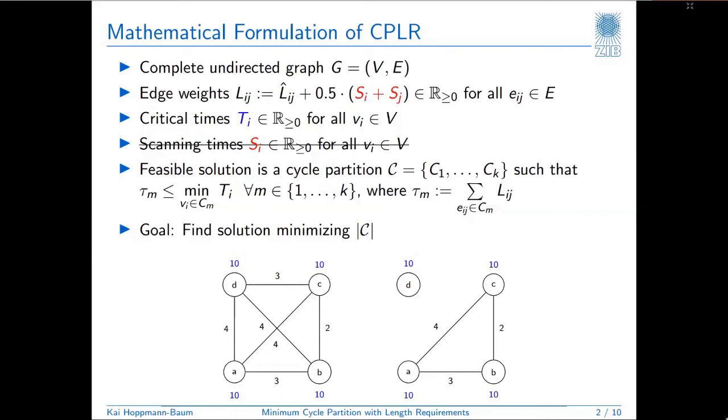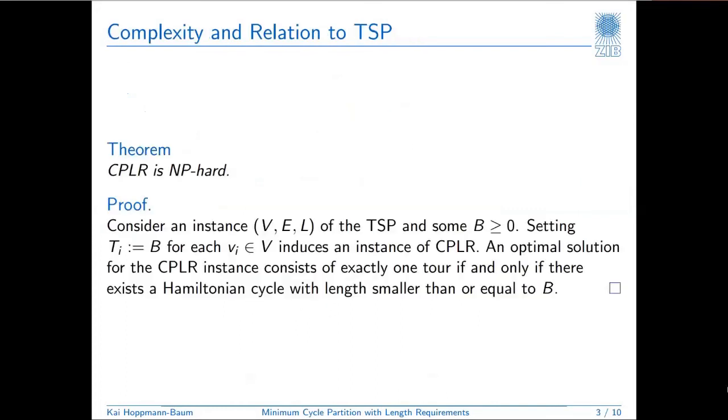So we have now assigned the scanning times to the edge weights, and still, as you can see, the cycle on the right hand side has length 9, and it's still a feasible solution. And it's also important to note that if you do this, still the triangle inequality holds for the edge weights. Well, some of you might now say, well, this has a somehow TSP-ish flavor, like looking for a tour of